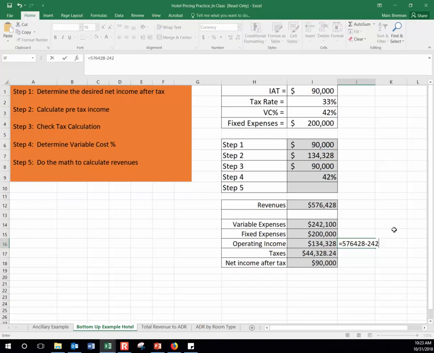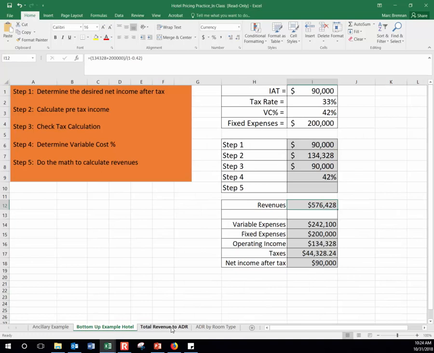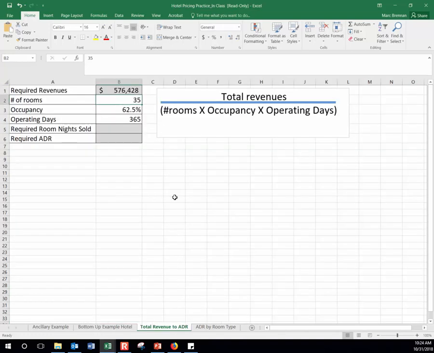So again, if we check and we go revenues minus variable expenses minus fixed expenses, I should have the same operating income. Perfect. So I've done all the calculations properly. Again, the way to explain this is, in order to reach my goal of $90,000 net income after tax, I will need to make $576,428 in revenues. So what does that mean with average daily rate? So we said $576,428, I believe. Yeah. So if I have 35 rooms, let's say, it's a small little hotel,